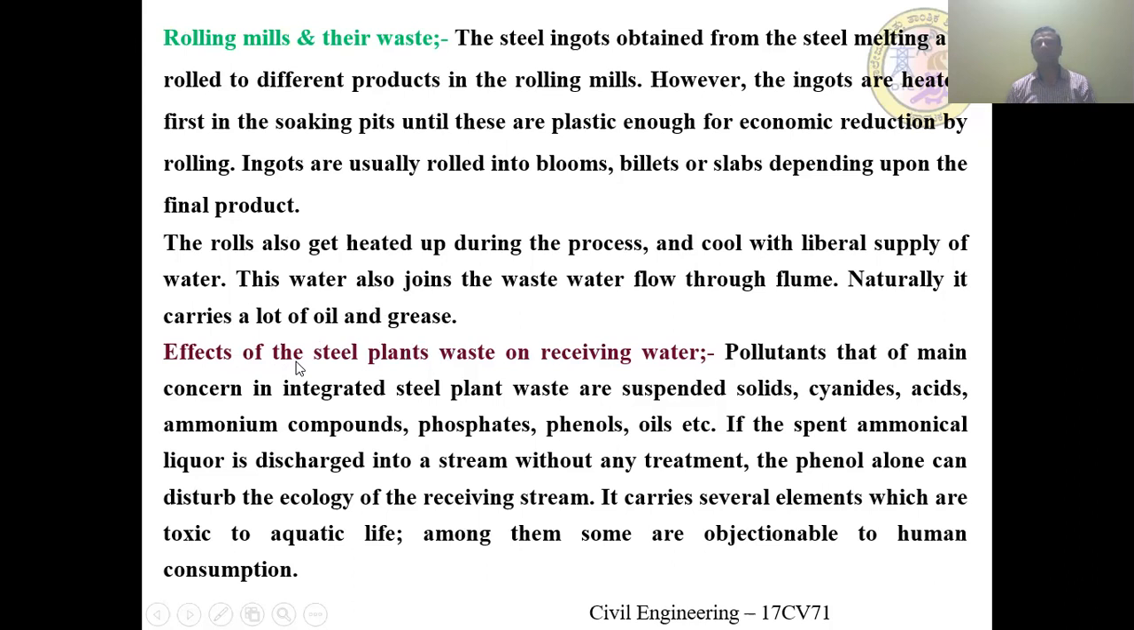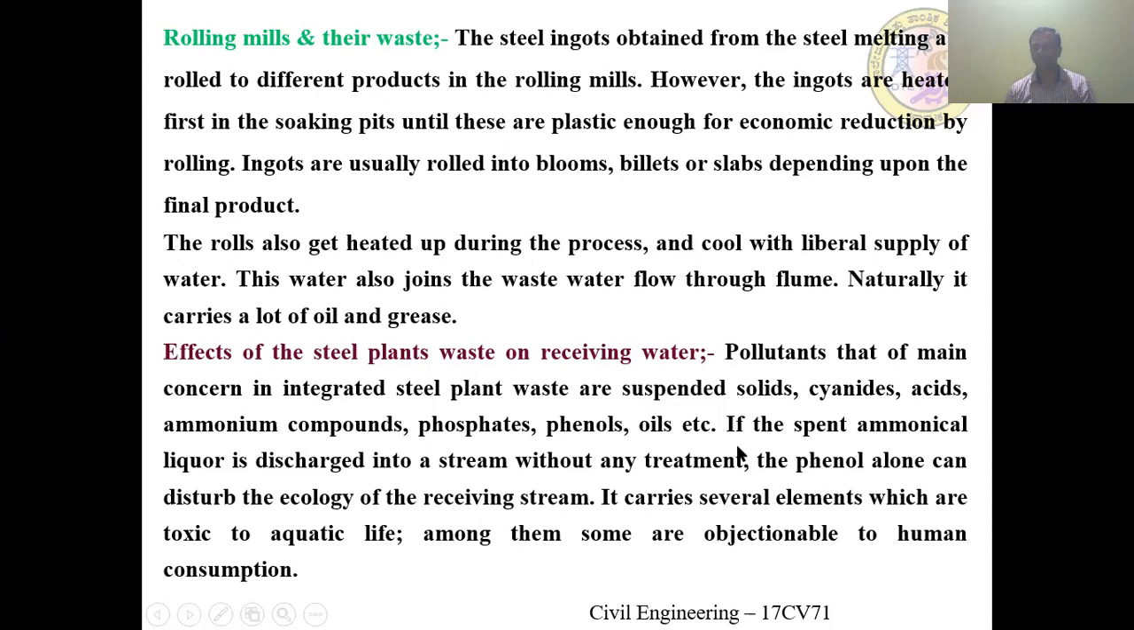What is the effect of steel plant waste on receiving water bodies? We discussed the five processes which are involved in the steel industry. The pollutants of main concern in an integrated steel plant are suspended solids, cyanide, acids, ammonia compounds, phenols, oils, etc. So here we are not going to observe any type of organic matter,